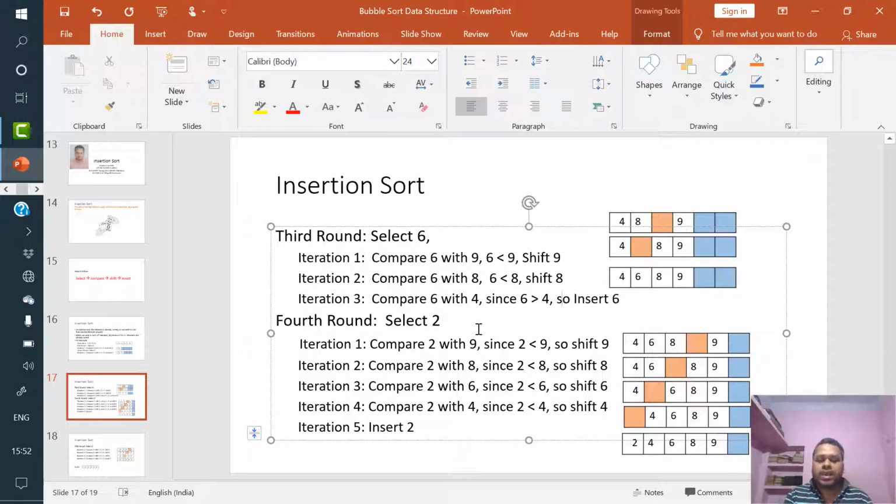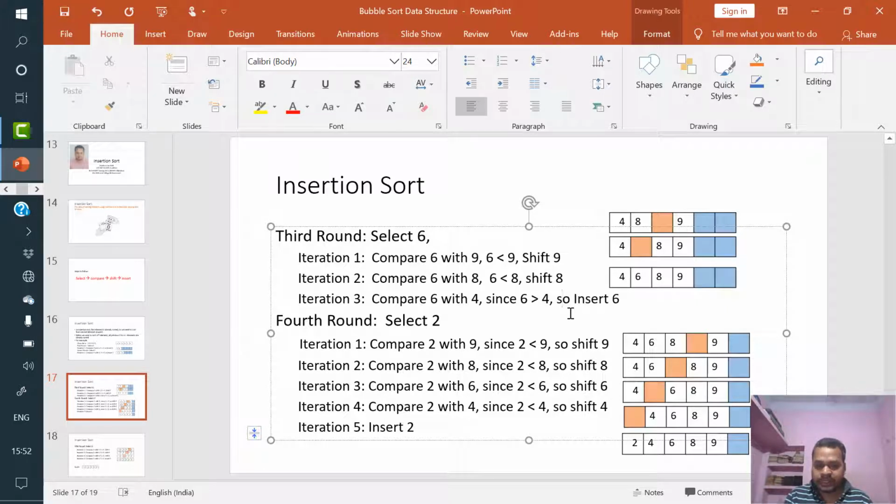In round 4 we select 2 and compare 2 with 9. Since 2 is less than 9, we shift 9. In iteration 2 we compare 2 with 8. Since 2 is less than 8, we shift 8. In iteration 3 we compare 2 with 6.